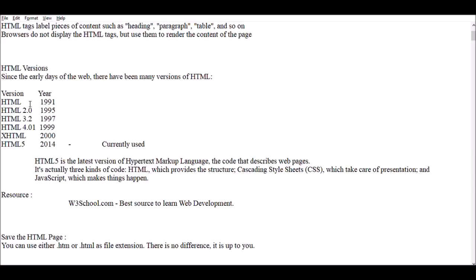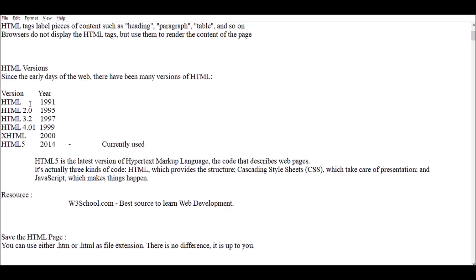Then the fourth version, HTML 4.01, was released in the year 1991. In 2000, another version of HTML called XHTML was released, and after that the current version which we are using, called HTML5, was released in 2014.